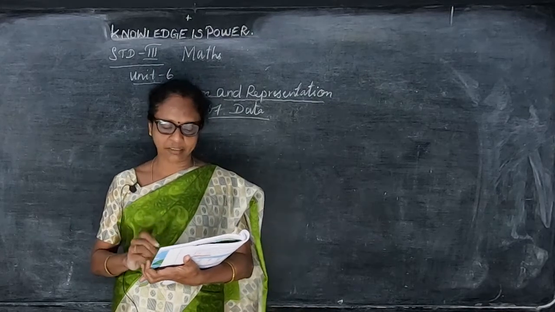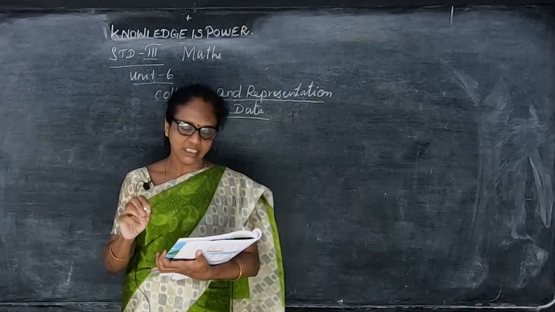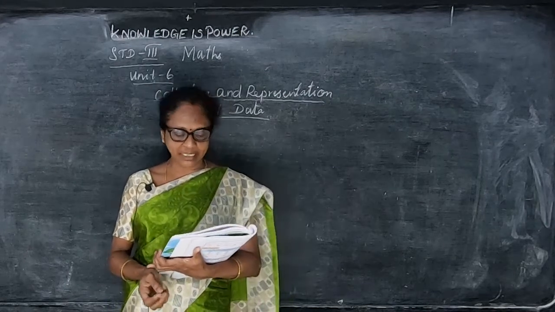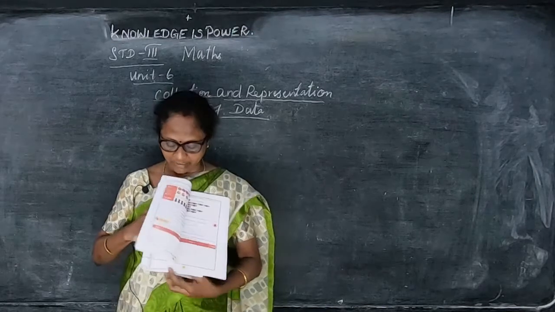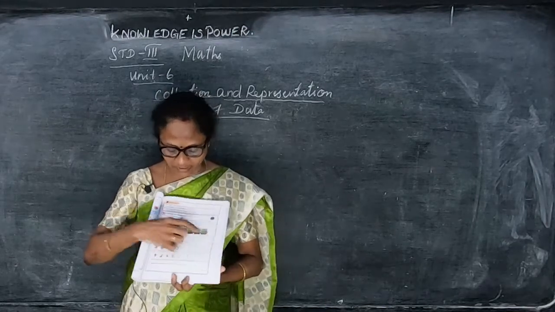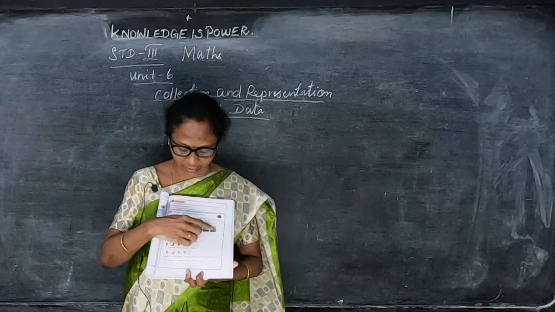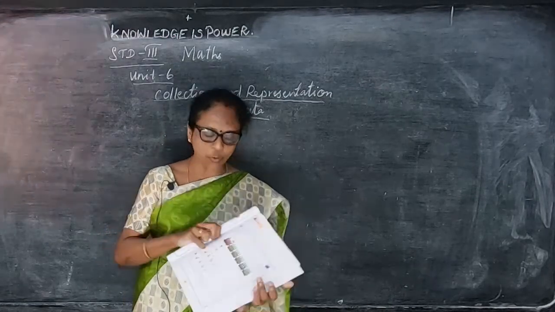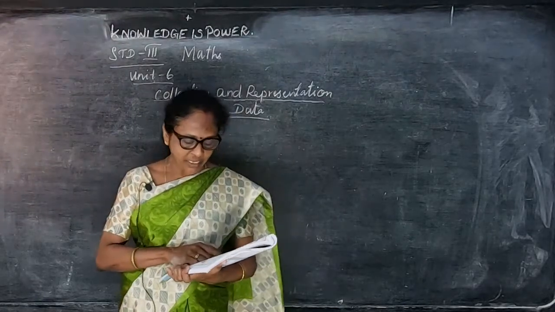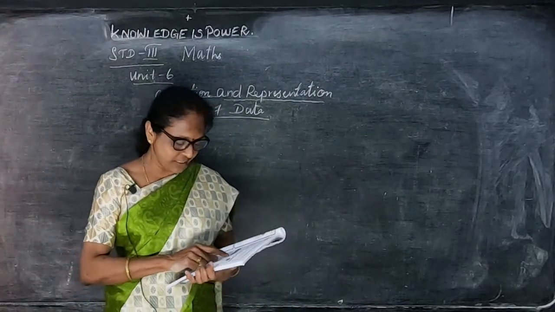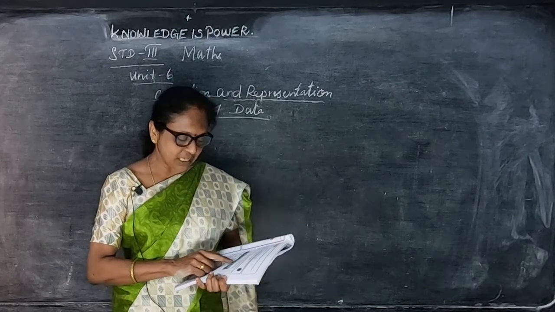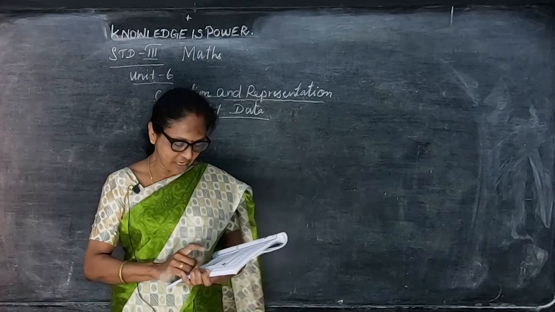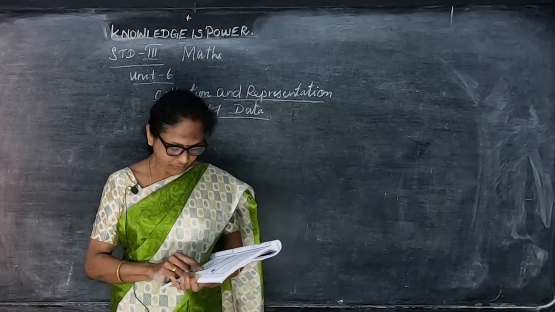So symbols and pictures can be used to represent the data. This is known as pictorial representation. This helps to study and understand easily. Now here they are given a picture. In this picture, this is the railway. This is the train and there are 1, 2, 3, 4, 5 coaches. Each coach has an animal. In the first coach there is a lion, in the second coach a monkey, in the third coach a tiger, in the fourth coach an elephant and in the fifth coach a giraffe.